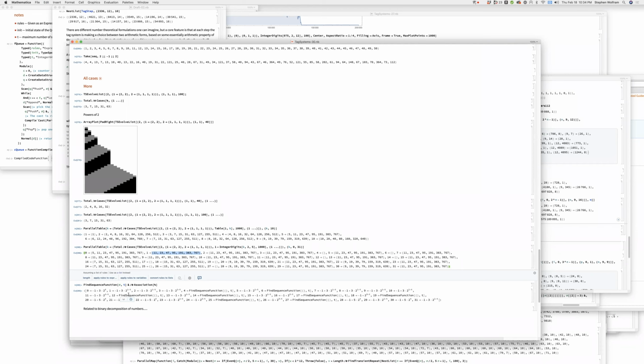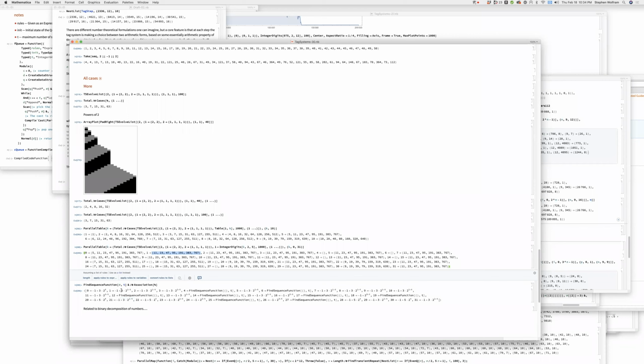Right. 6 times 2 to the t minus 1 for that one, as opposed to 3 times 2 to the t minus 1 for the 0 case. And the case where we start with 2